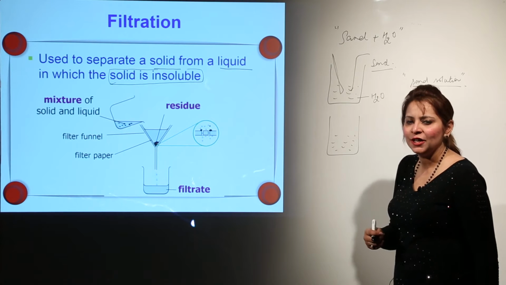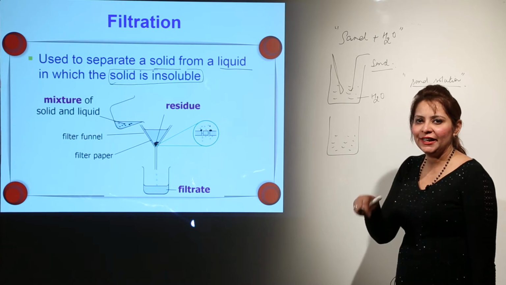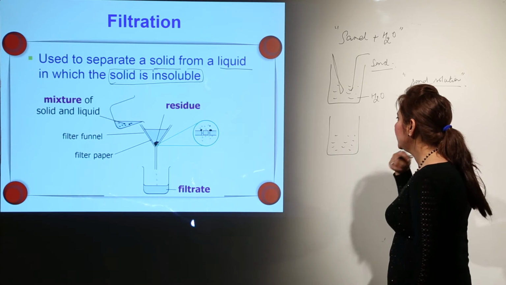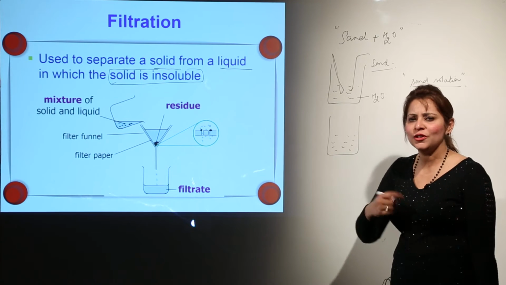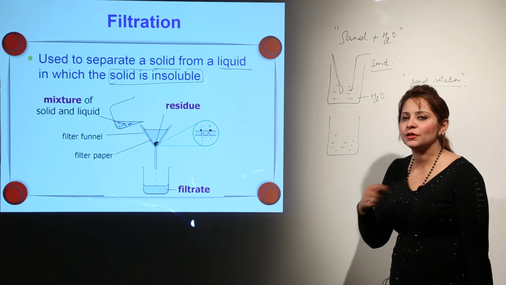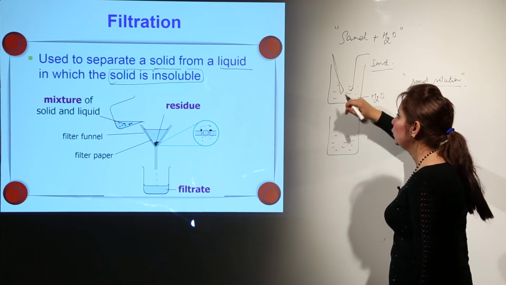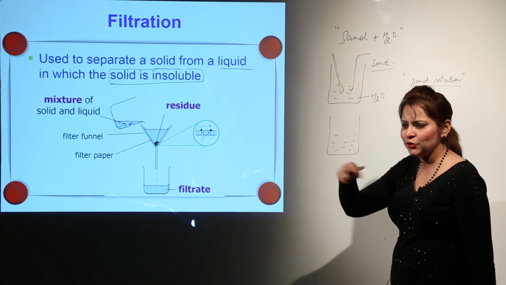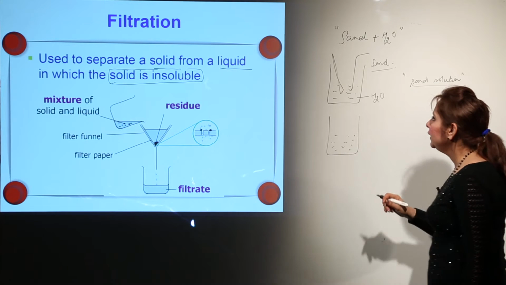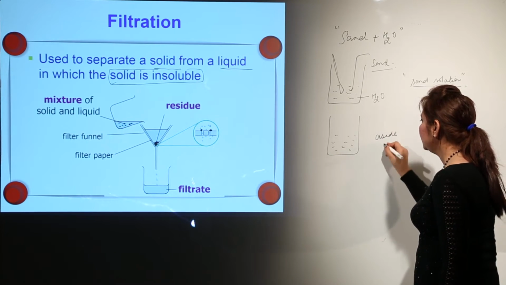When we add anything to any substance, we need to stir it so that it gets dissolved. It is none of our business how much it is going to dissolve, but in this case we make our best effort to dissolve it. Then I have kept this mixture aside undisturbed